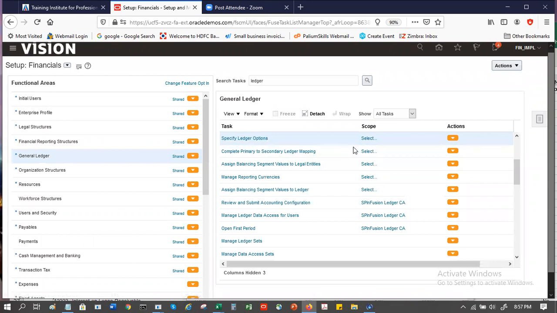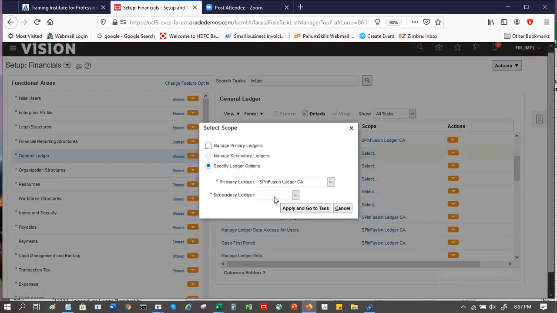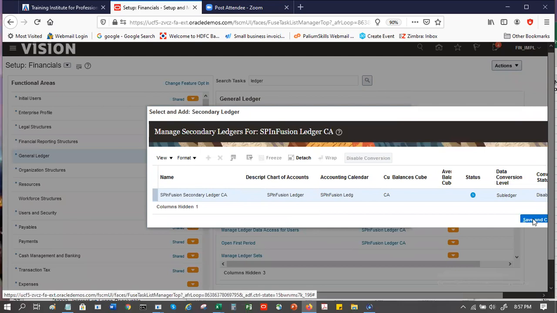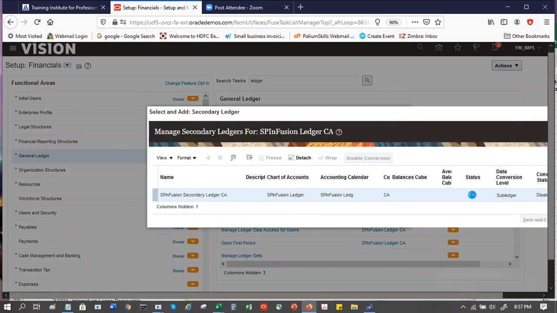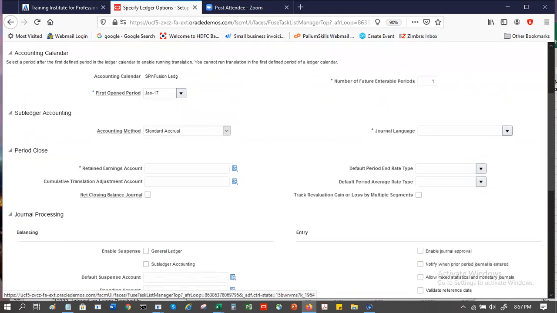So then we have this. Now the second one shows up. This is still in progress. So these are the options, similar to the ones we had for our primary ledger.